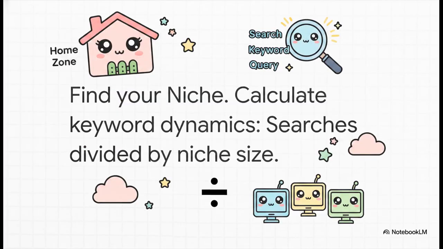Now, during that home zone stage, it is absolutely vital to research long-tail keywords and calculate your market competitiveness. The sources give us this simple but super powerful math equation for it. Basically, you look at the exact search volumes for a specific keyword and you divide it by the number of optimized sites in that niche. What this does is give you a really clear index of relative competitiveness. It ensures you're targeting a market that actually has a healthy appetite for what you're selling, without walking into a space that is just hopelessly overtraded.